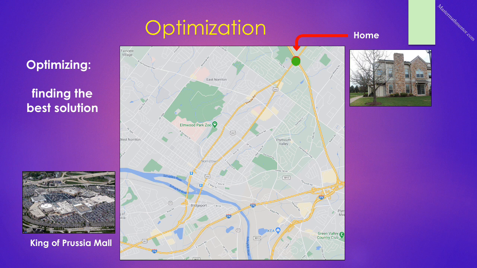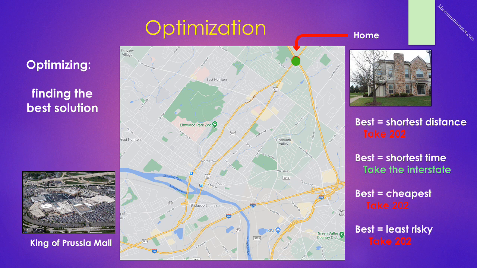This is an optimization problem. When we optimize, we are interested in finding the best solution. Of course, we have to define what best means. If by best we want the shortest distance, then obviously we take Route 202. If best means the shortest time, then most likely we would take the interstate, because we can travel fast, assuming there's no traffic. If best means the cheapest, we would take Route 202, because the Pennsylvania Turnpike is Route 476,